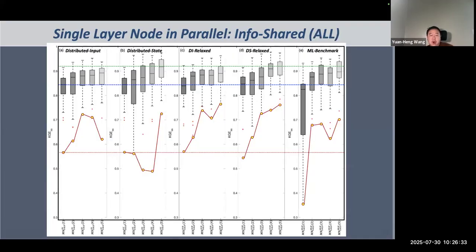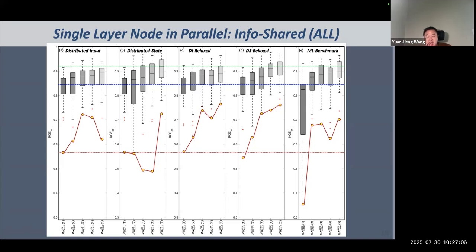Okay, so here I show all the cases, including DI, DS, DIR, DSR, and MLB, with the node number varying from 1 to 5 for the information sharing case. In the paper, I ran this case by separating the experiment into three different types: only allowing the output gate to share cell state, only allowing the loss gate to share cell state, and allowing both loss and output gate to share cell state. But for simplicity, today I only show the case allowing both loss and output gate to